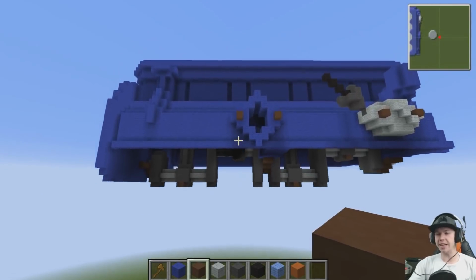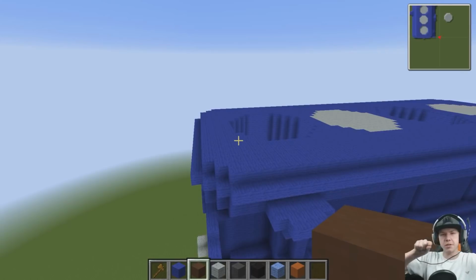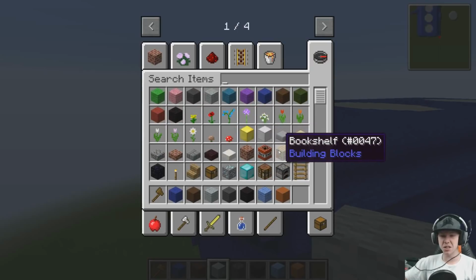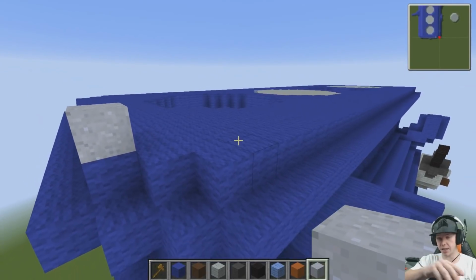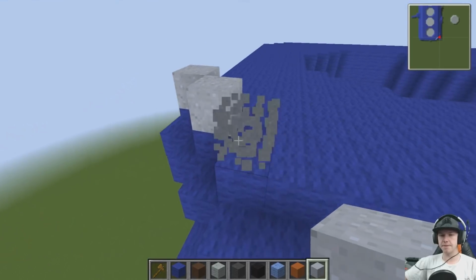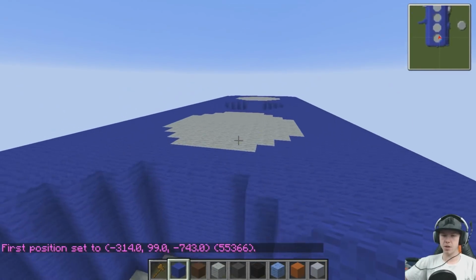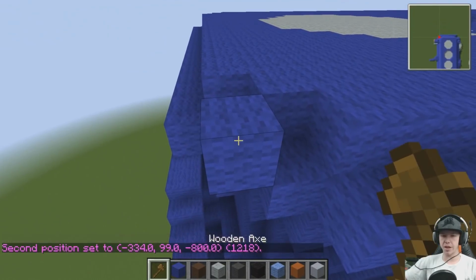Now what we do, according to the tutorial of My Summer Car, is we would put the head gasket on, which is a thin sheet of metal that separates the block from the cylinder head. It just makes a seal. So to do that, we can grab any grey block. It'd be nice if we had slightly... Yeah, clay is perfect. It's usually a nice thin sheet that literally sits directly on top of this blue one here. I don't know what the easiest way to do this would be, to be honest. Probably a little bit of fandangling. If we do that, and just trying to find the quickest way to do it. There,